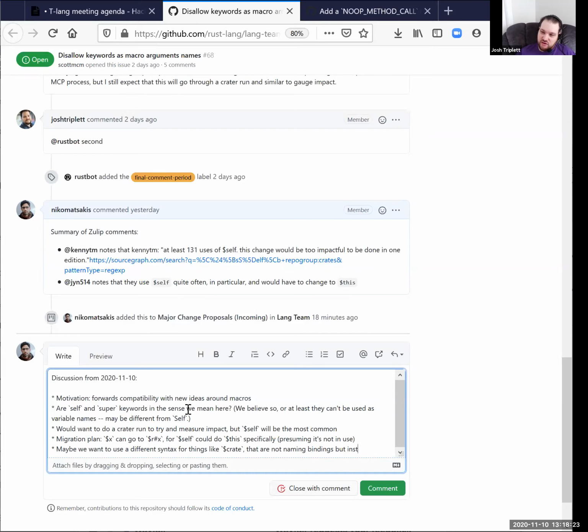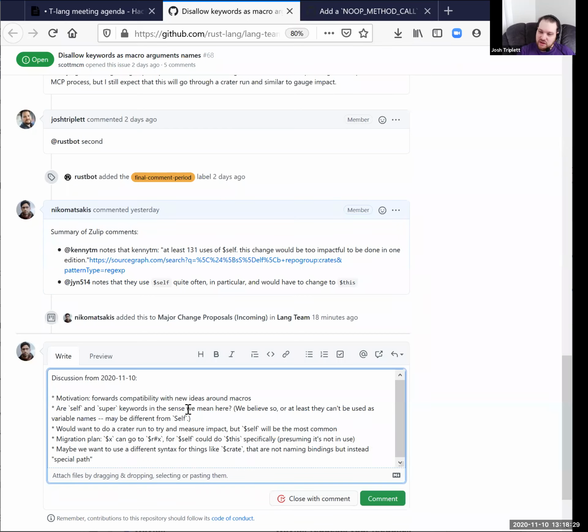That said, we already have $crate here, and consistency would suggest that we would then want $self, $super, but we could always introduce $crate and $self and $super, and then just say $crate is a historical artifact. Right. I'd imagine any new syntax we introduce, we'd also suggest that people use for what is today $crate.